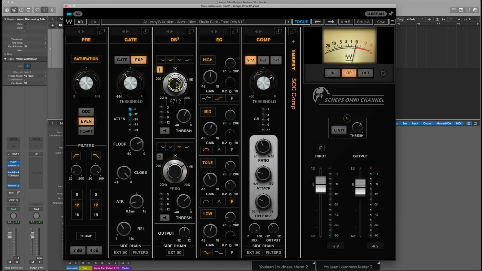I'm using a little bit of de-esser in the upper 6,000 hertz range. The EQ, we're sweetening a little bit of the really high end, the air. I am bumping the clarity, the upper mids, reducing more of that boxiness, and then pumping up the low, bassy, earthy feel of his voice. But you can hear the difference when you engage the Scheps Omni channel. It brings the entire thing forward, and it feels like it's just closer to your face